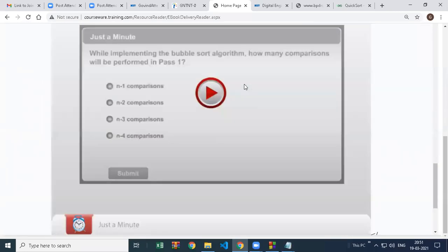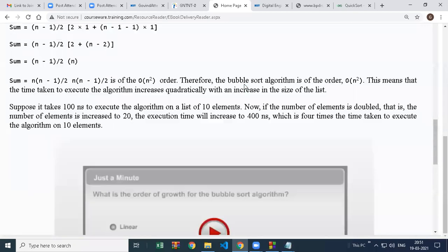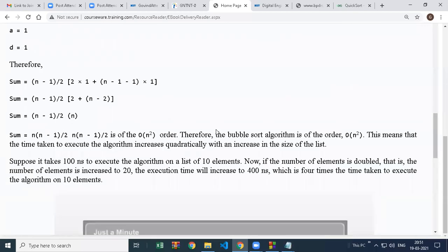What is the best situation we have? No, there is no best situation. Sorry, I forgot. The bubble sort works the same whether data is partially sorted, completely sorted, or completely unsorted. So we have only one situation in bubble sort. It takes quadratic time, which is a very bad situation. If you have only 100 elements, it will take 10,000 nanoseconds, which means your nanoseconds will become milliseconds,